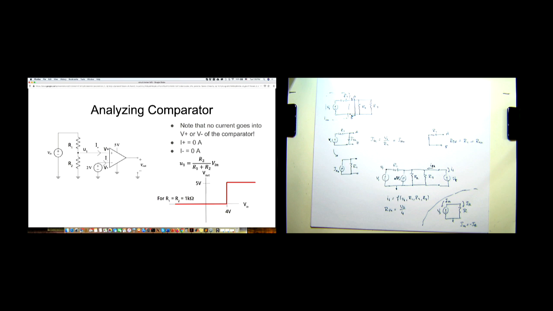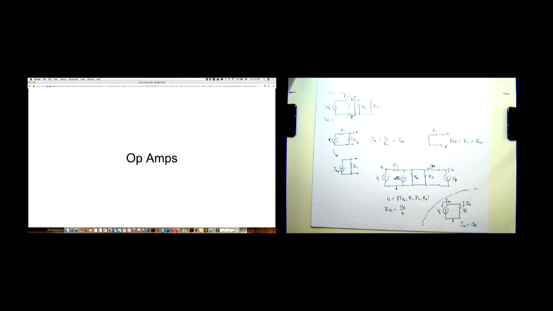So essentially you have a voltage divider, and if you assume that R1 is equal to R2, then U1 is just 1/2 V in, right? And so when does this comparator trip? It trips when V in becomes bigger than 4 volts, right? So V1 is going to be 2 volts in this case, and after V in increases, V1 is going to keep increasing as well, so V plus is going to be bigger than V minus. Does that make sense to everyone? Okay. Any questions in general before I move on to op-amps? We're good? Great.